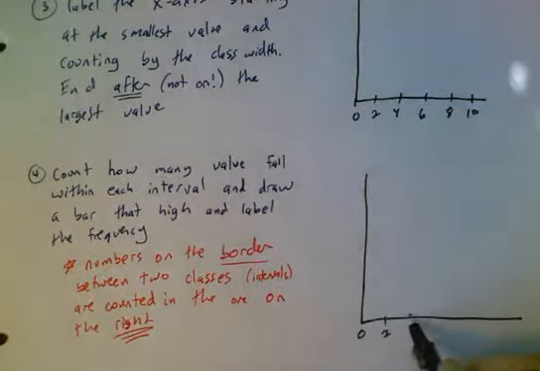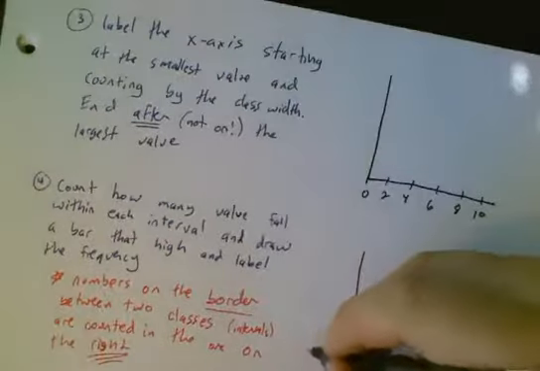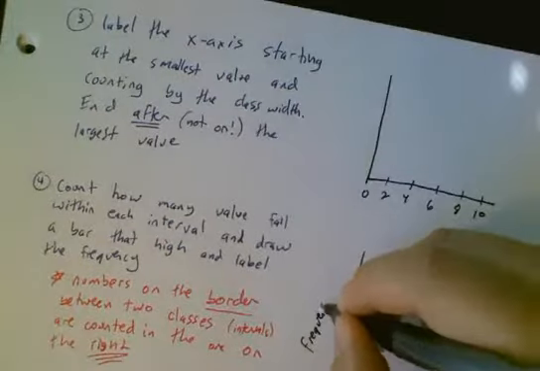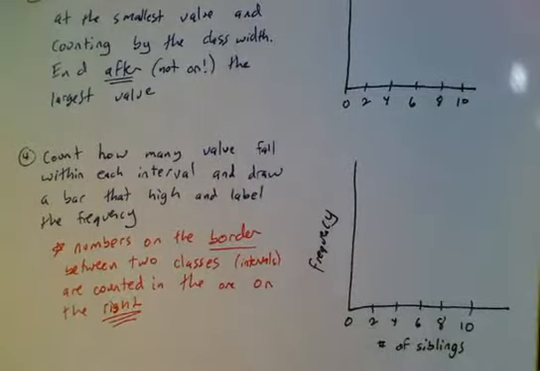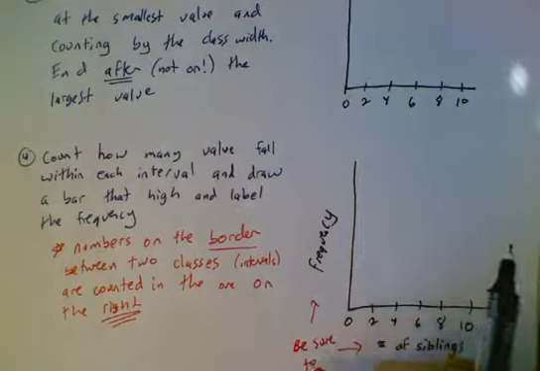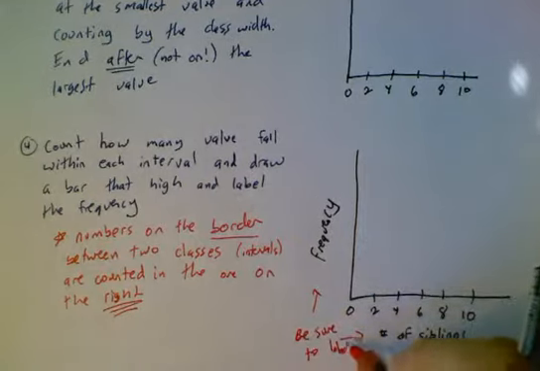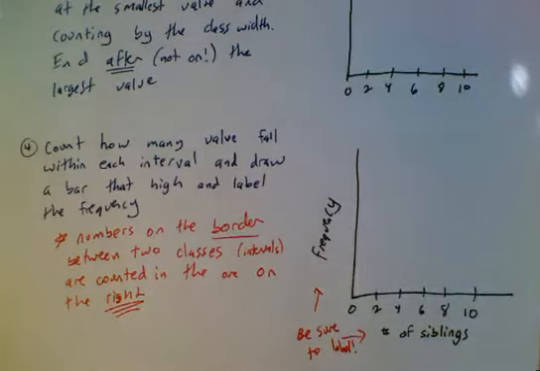So we had 0, 2, 4, 6, 8, 10. And so this is number of siblings. And this is going to be frequency. So frequency is just how often something occurs. And make sure to label, and so if we go back to the calculator,